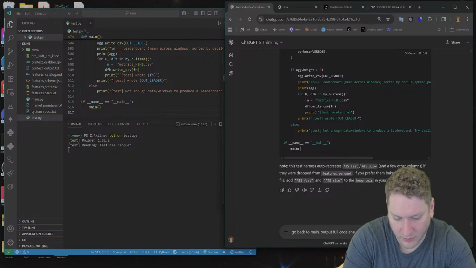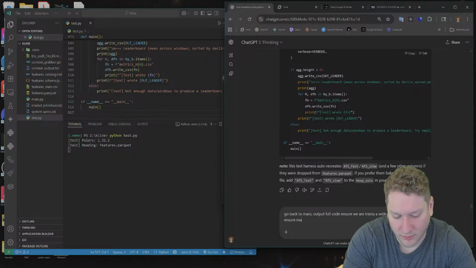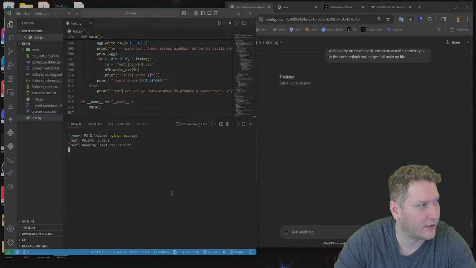Testing a wide variety of math. Their max math complexity is code. Rethink your edges, output full main.py file. All right, we're just gonna let it reiterate on itself.